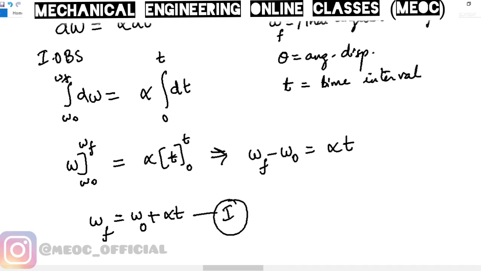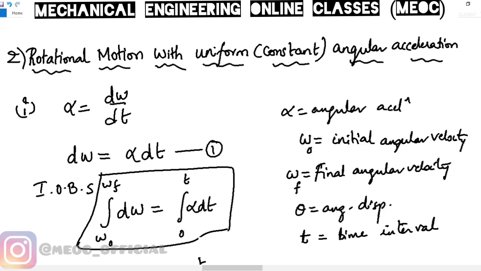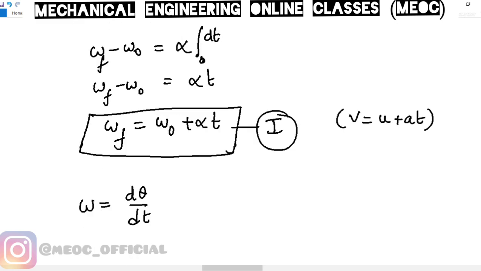This is just similar to v is equal to u plus at for linear displacements, linear velocities and linear accelerations. So this omega f equal to omega naught plus alpha t is for the angular motion under constant angular acceleration. So from the first relation, alpha equal to d omega by dt, we have obtained omega f as omega naught plus alpha t. Now with the second relation,